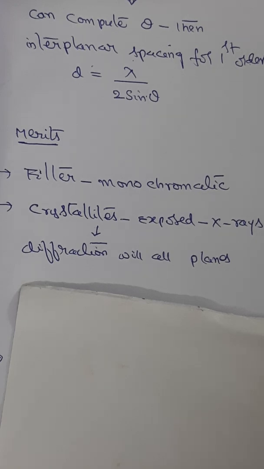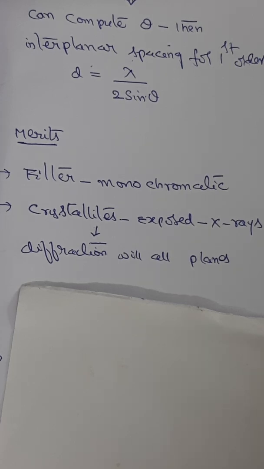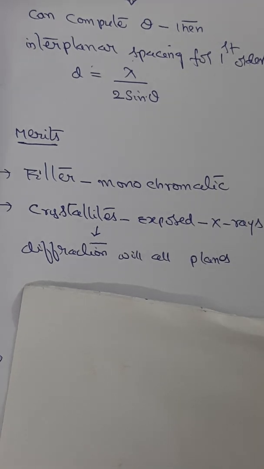Therefore, we tried to understand yet another method, what is known as the powder method, where an X-ray diffraction technique is used to study the structure of microcrystals, which are tiny crystals in the form of a powder. Because this method gives information regarding the size and orientations of the crystallites in powdered form. And I also told you that this method is also known as the Debye-Scherrer method, wherein when you see the experimental method,